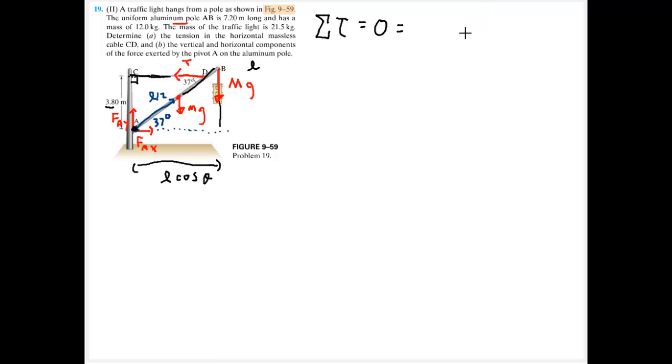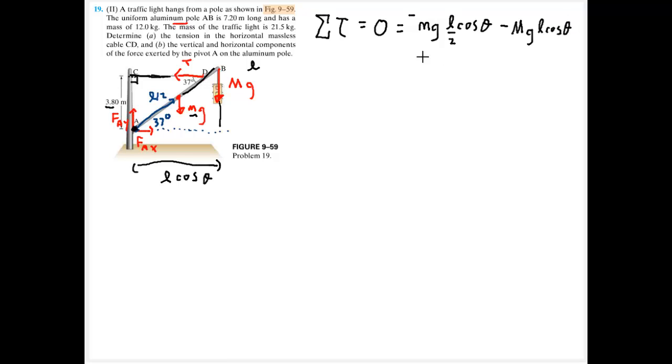So working my way up the pole, the first force that I have is going to be little mass multiplied by gravity, and it's going to act at a lever arm of L over 2 cosine of theta, knowing that torques are forces multiplied by their lever arm. So here I'm going to have mass times gravity, and then the lever arm of L over 2 cosine theta. Now for the direction, that is going to be a clockwise torque, so I'm going to call counterclockwise positive. That's a negative torque. Same thing for the big mass, gravity, and then L